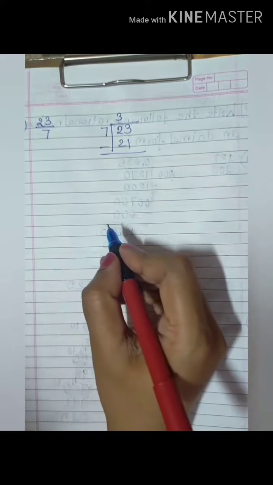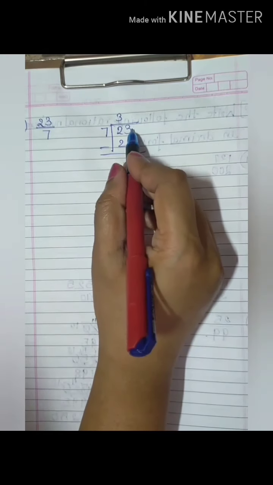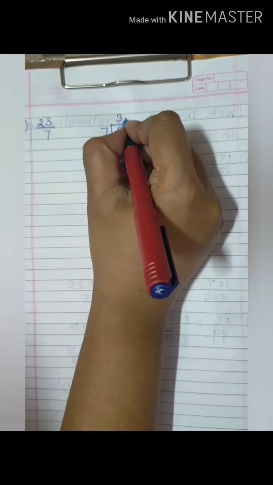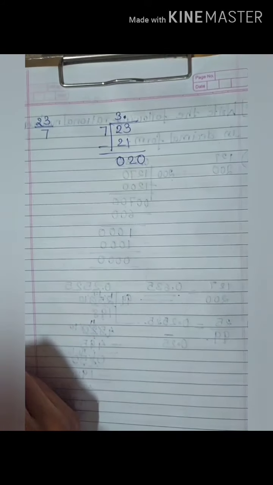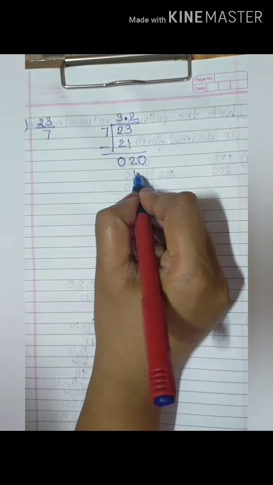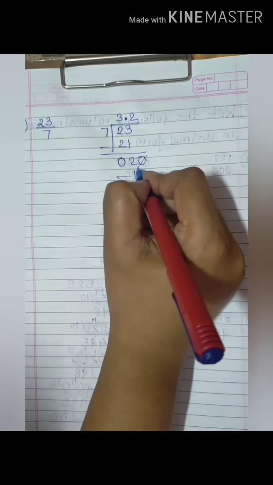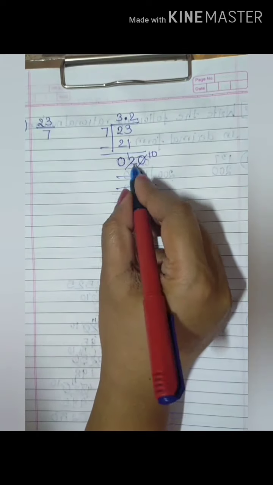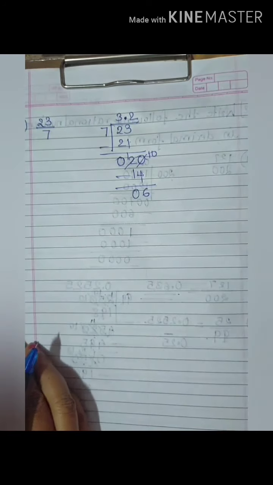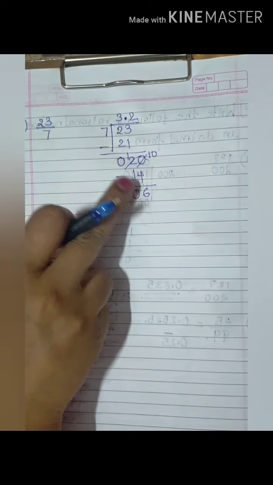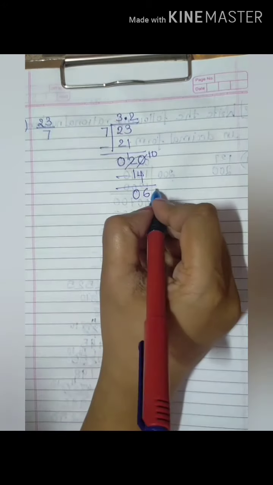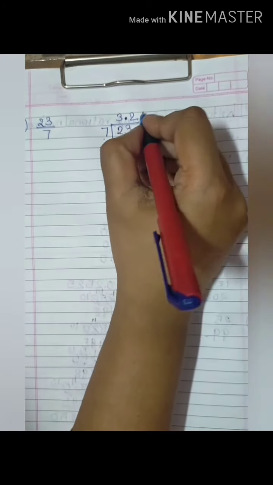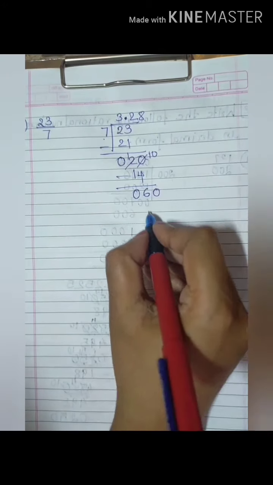So as you can see, 23 is divided by 7, so 7 3s are 21. Now here 3 minus 1 is 2, 2 to 0. Again we are taking the decimal point to get 0 here. Now again 2 7s are 14, 0 will become 10, 2 will become 1, 10 minus 4 is 6, 1 minus 1 is 0. Now here 6 we got, again we will take, as we have taken the decimal point, we are taking 0 here. So 7 8s are 56.